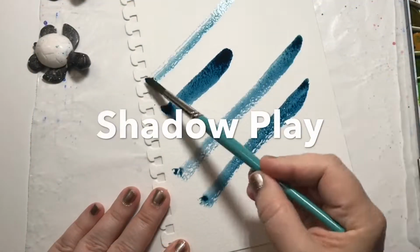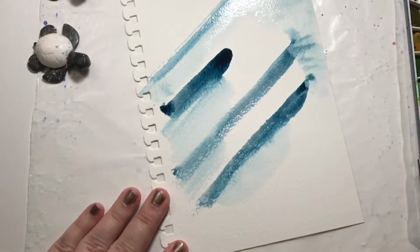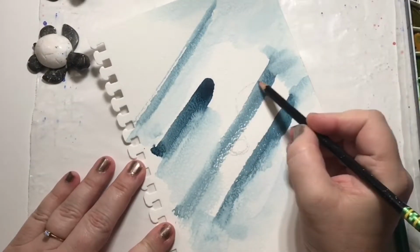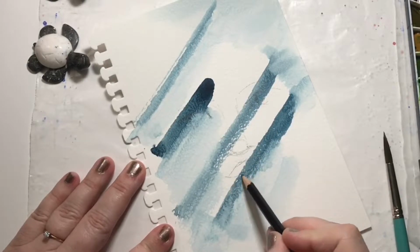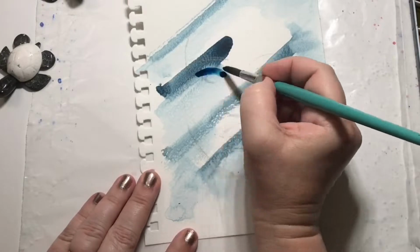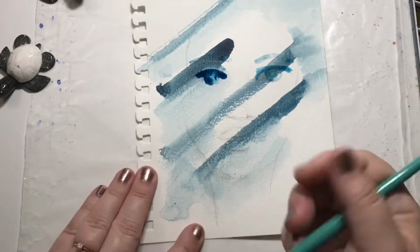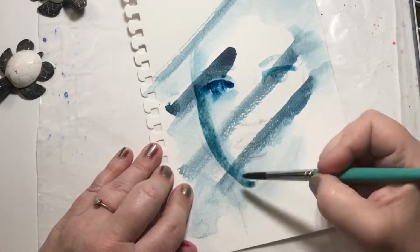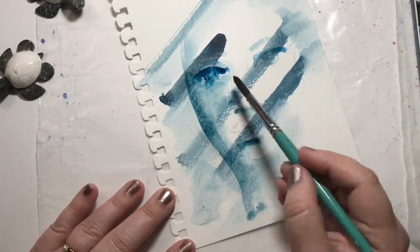So let's talk a little bit about week 2 of World Watercolor Month. This week, all of my paintings are based off of the prompts for World Watercolor Month from the list from Doodle Wash. So everything here is inspired by that list. Each one is not exactly something from that list necessarily, but it's just inspired by it. I use it as a jumping off point to paint something that I like to paint and I thought would